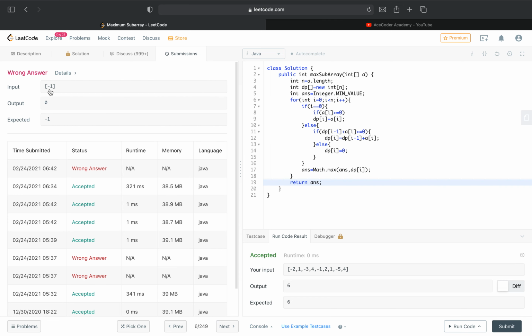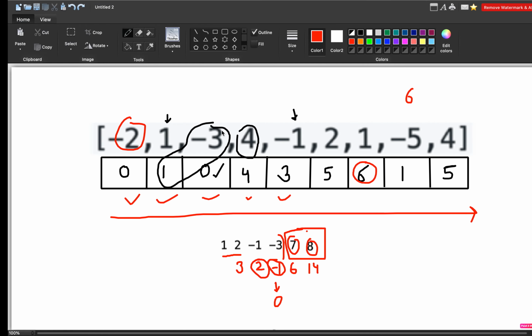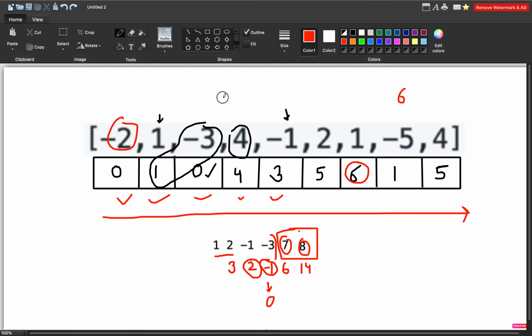Yes, so we are getting a wrong answer. Why are we getting a wrong answer? The problem with this approach is that we need to check side by side also, in case the array has all negative integers, you will always try to choose the maximum only.